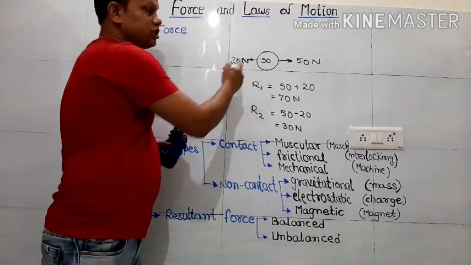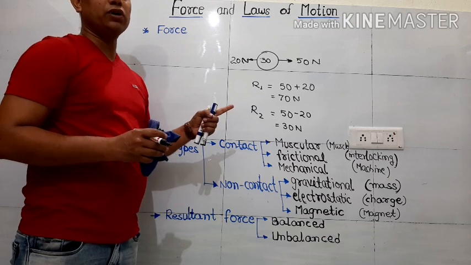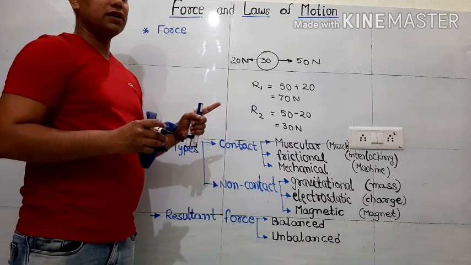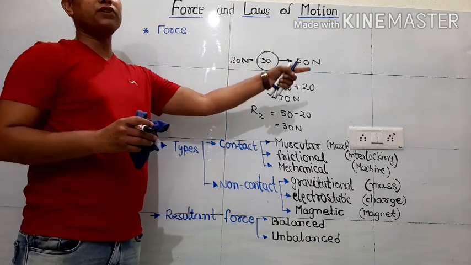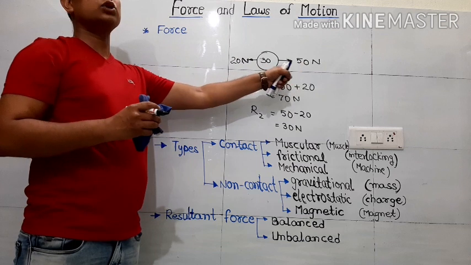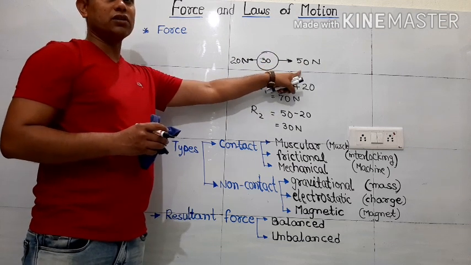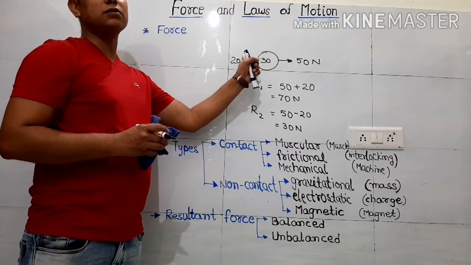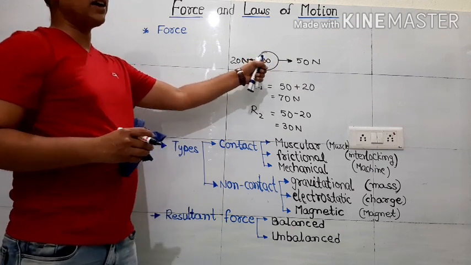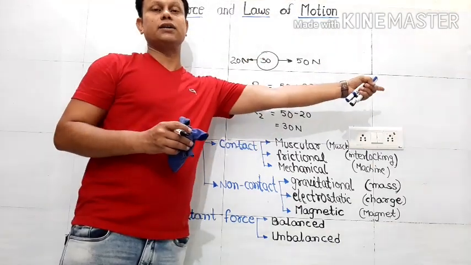So now this time the object will be pulled by only 30 Newton magnitude, but obviously in which direction? The question is there, either 20 Newton side or 50 Newton side. Obviously the bigger force will have the dominance over it, so it will drag the object by 30 Newton value. Why not 50 Newton? Because the 20 is being cancelled, but whatever 30 Newton is left, that is the resultant force, and with the value of this 30 Newton, it will be dragged to this side.